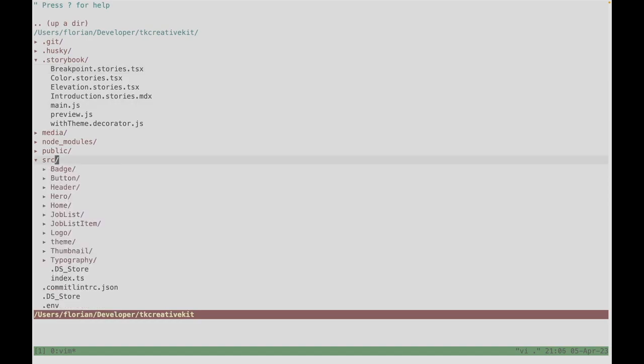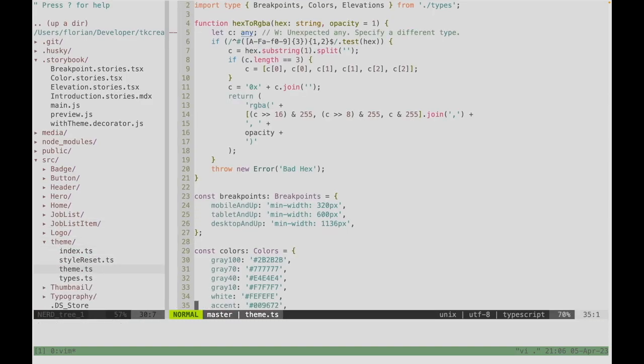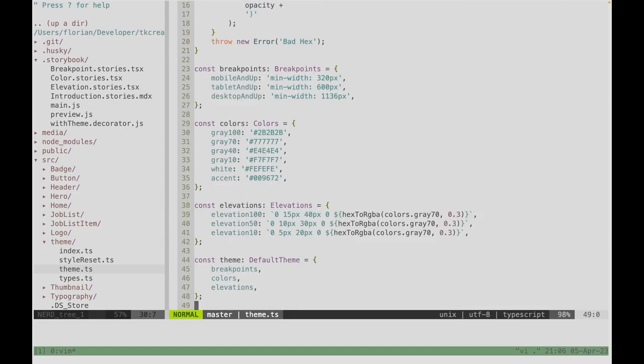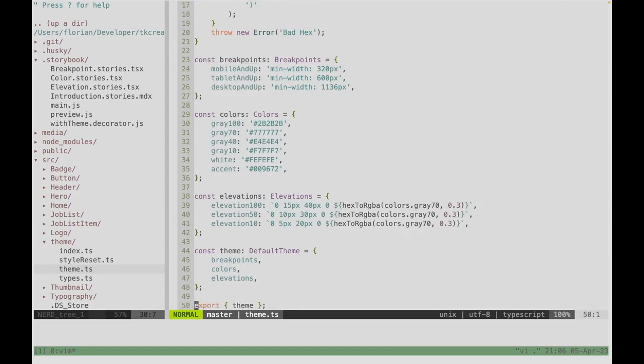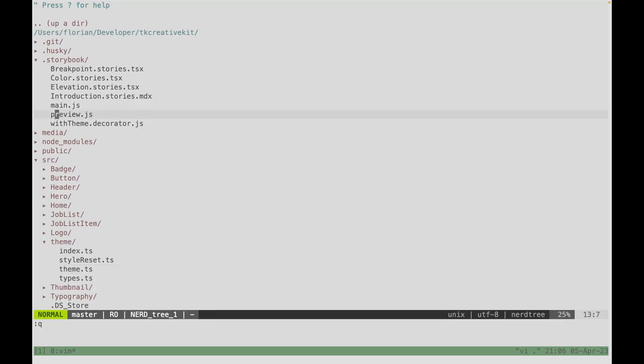But for this project, I'm using styled-components. And when you work with your design tokens, they will be part of your theme. So here you see I have my breakpoints, my colors, my elevations. Everything is part of my styled-components theme that I can reuse later. On the Storybook folder,